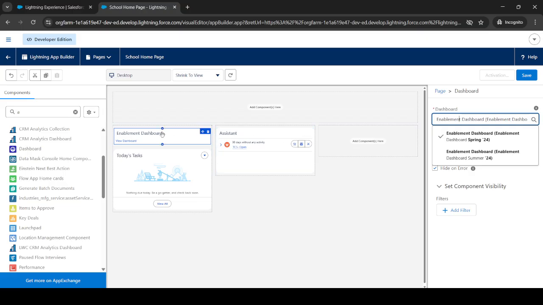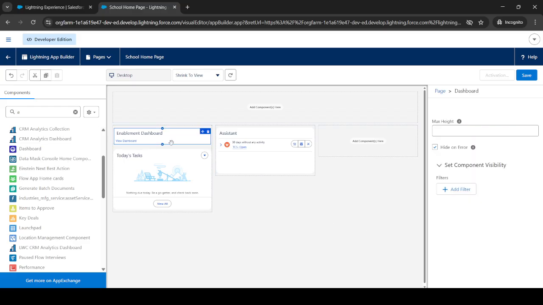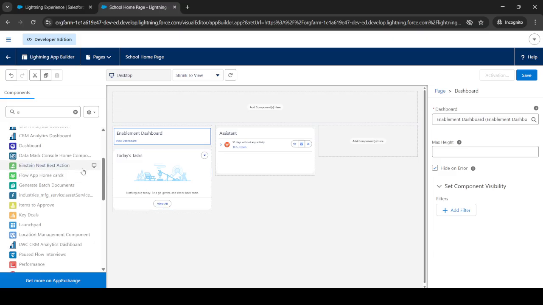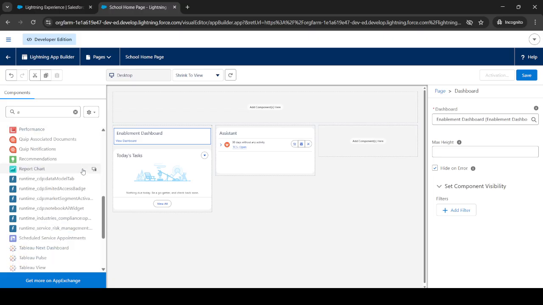So that is why we can't select it from here, right? If you have created any dashboard, then you will get the option of which dashboard you want to display here. So when you create a dashboard, you can choose it from here, right? So from here you can, let me see if anything else I can show you